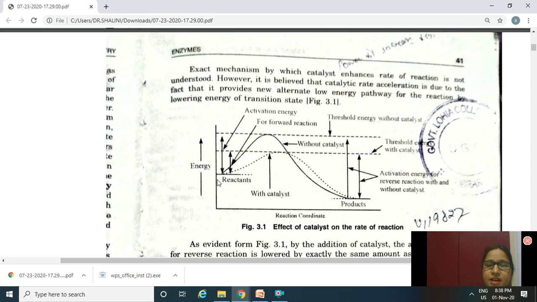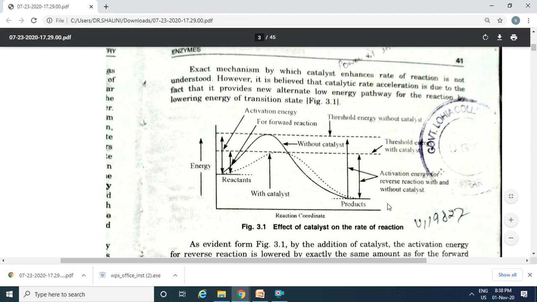Now, what do catalysts do? In the presence of a catalyst, the energy required for the reaction to occur, that is, the energy required for the reactants to change into the products, is minimized. So the catalyst provides a new alternate low energy pathway for the reaction by lowering the energy